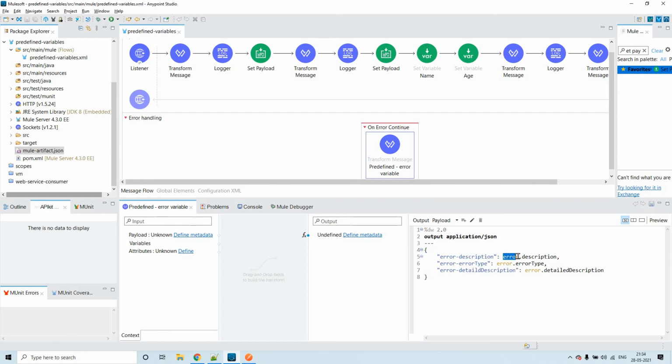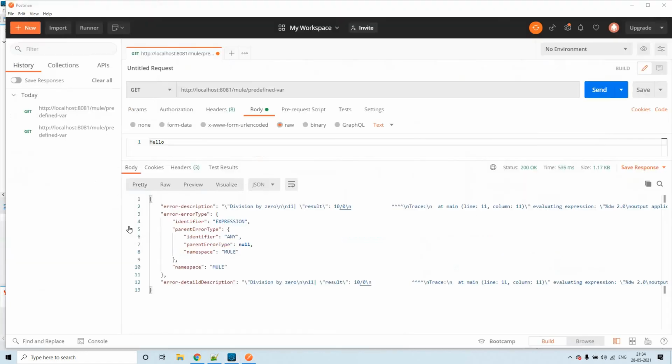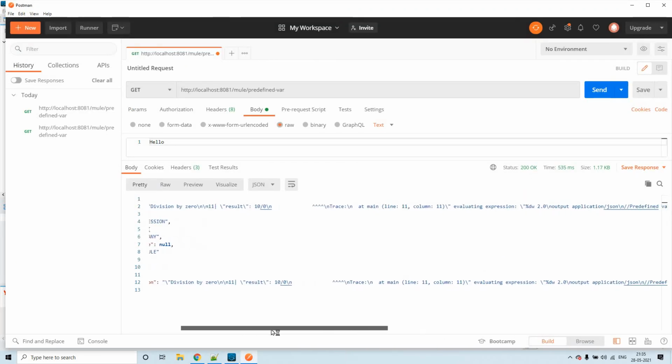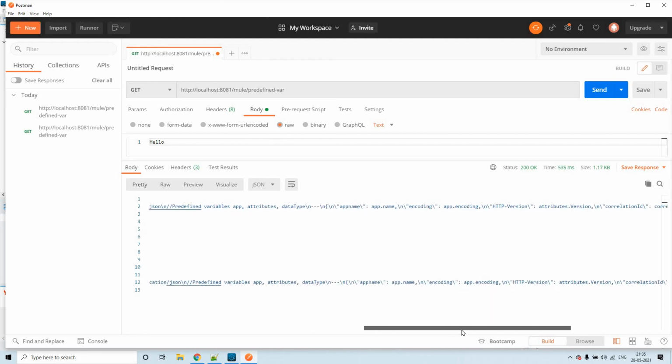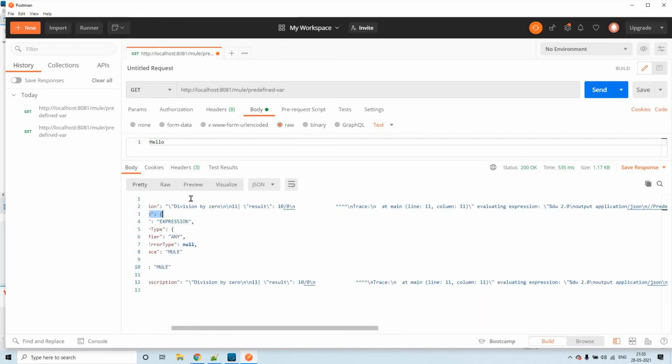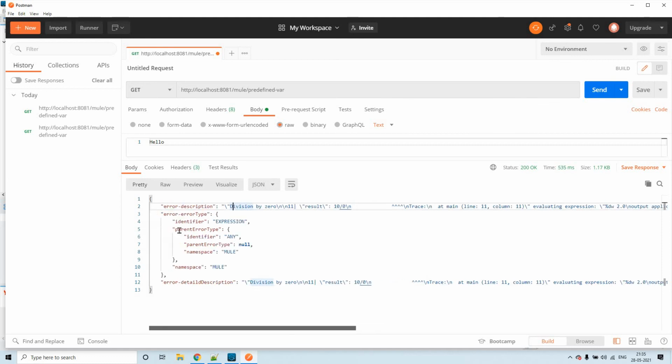Error is a predefined variable, and these are the fields from that variable; I have populated three values. Now you see the error description, division by 0, etc. So this is the error description, and you see the error type.